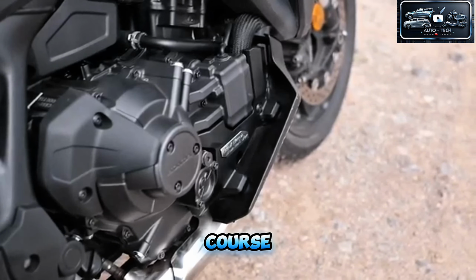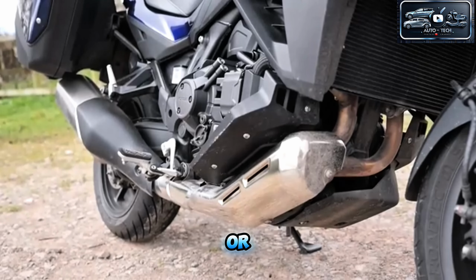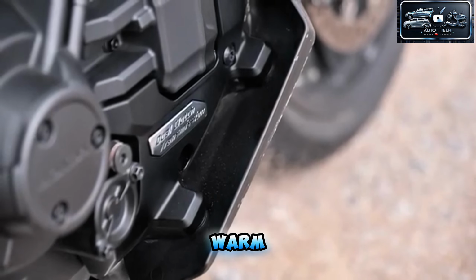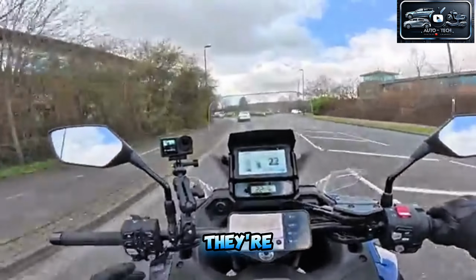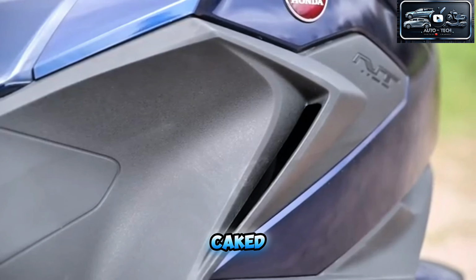of course. Specifically down at the bottom, if you've ever ridden a Goldwing with the flat 6 engine, or BMW's RT with the Boxer Twin, they do a little bit of a job of keeping your feet warm and dry. But on this bike, they've fitted it with some little plastic deflectors, and I'd say they're potentially even better at doing that job, and also a lot easier to clean because they don't get the dirt caked on